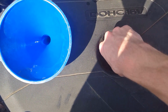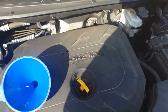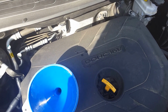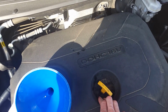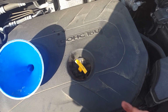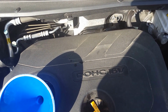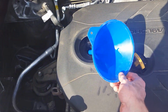But if you don't fill up the oil filter, if you just lubricated the seal and just put the oil filter in, I'd fill it up to whatever the specs is and start it up, let it run for a little bit, then turn it off and check your level that way and add it if you need to. But since I've filled up my oil filter first, when I put it in, it won't push all the oil down to the filter. It'll only push maybe just whatever I did not fill up onto it. So after you get to the right measurements of it,